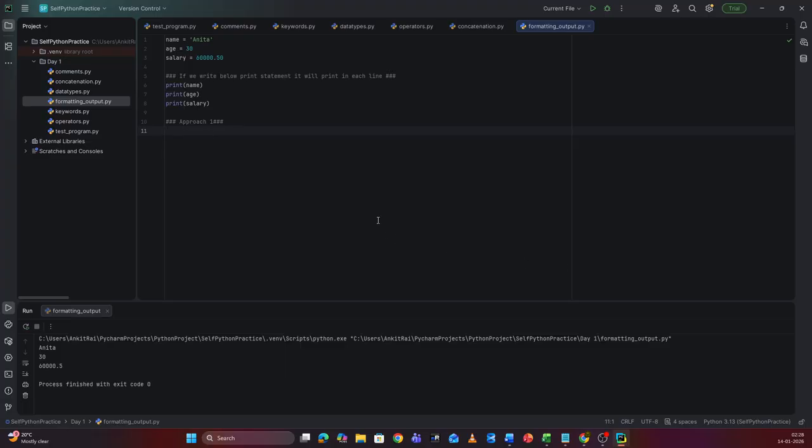We can assign all these values in one single line and print all these values in one single line, that is name, age, salary is equal to